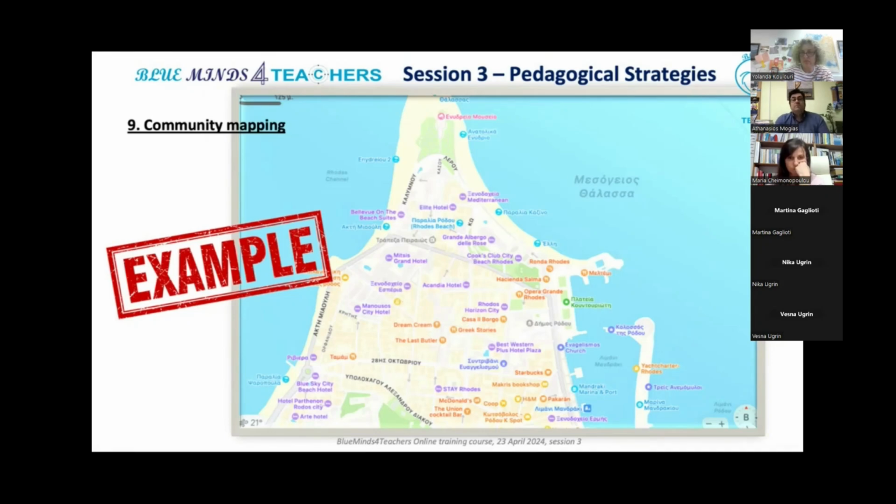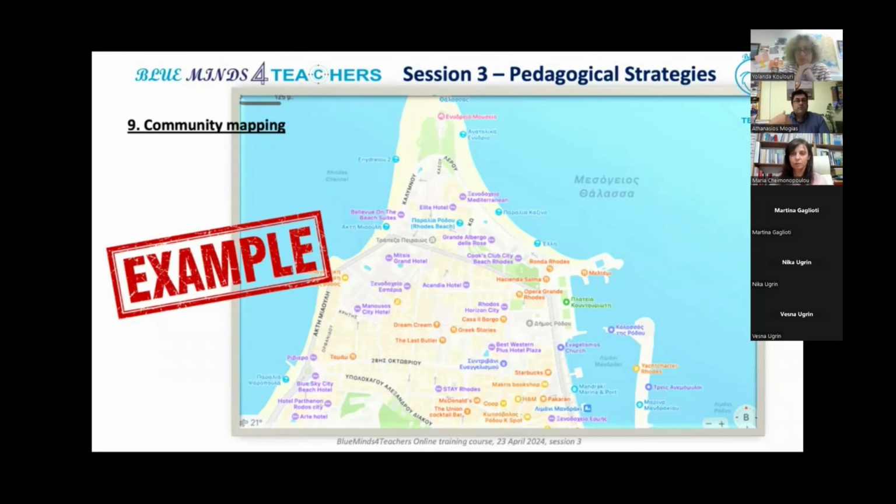Maybe some of you have already visited the island of Rhodes and have a good idea of what it is about. We usually mark a certain area or even a route and give this map to the students,